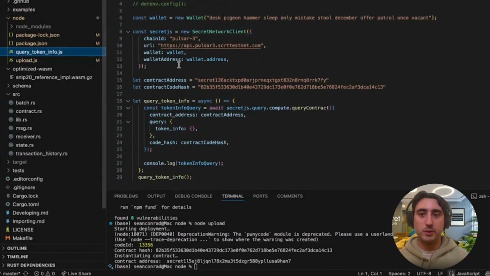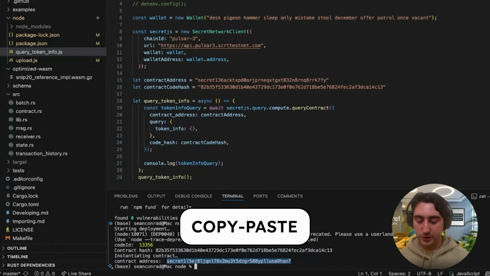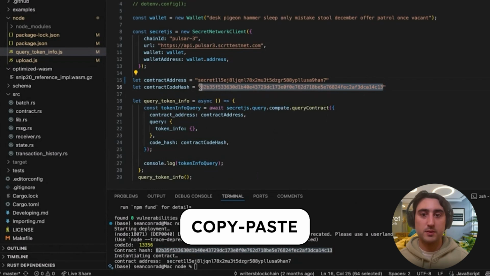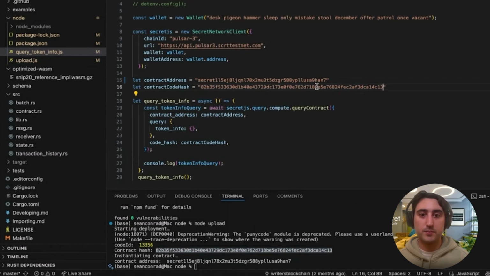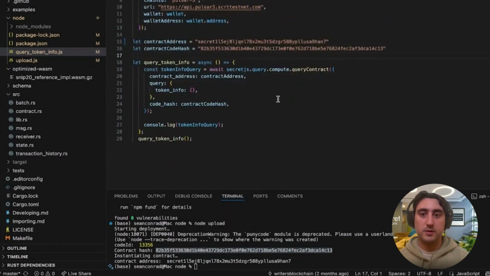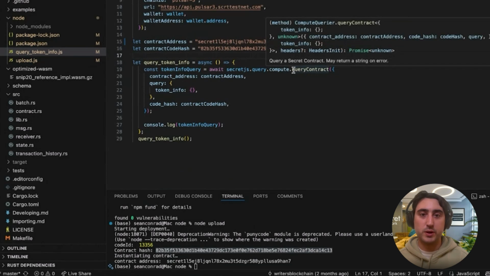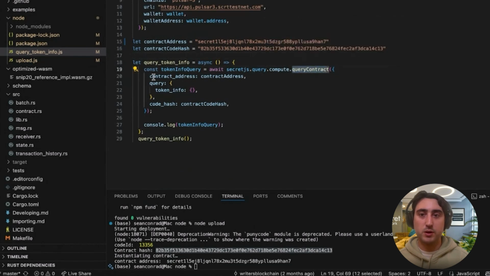Incredible. And then we can actually query that contract info. So I already wrote this query script for you. Let's do that. So let's update the contract address and the contract code hash here. All right. And then we use this query contract method where we input the contract address, and then the name of the